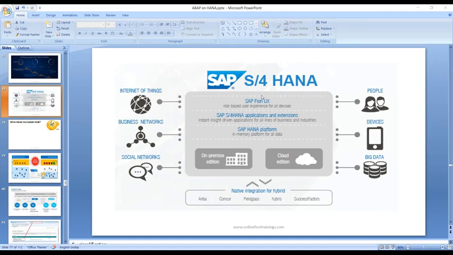Yeah, but in cloud edition, you mean to say we don't have the opportunity to enhance the existing functionality of a business? You mean to say whatever cloud edition, like public cloud, enterprise cloud? So cloud is again, SAP is offering three options. One is the SAP enterprise cloud offering, where they have SAP S4 HANA. So you don't have a connection to the backend at all. So it's a ready to use solution. Cloud means one code base for all the tenants, so you don't have the luxury of customization.